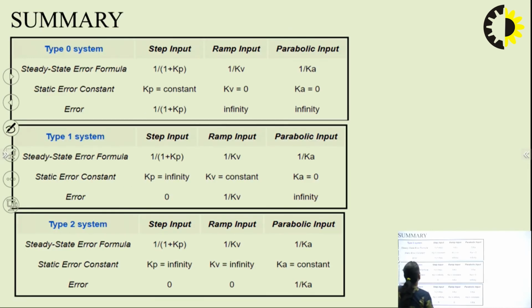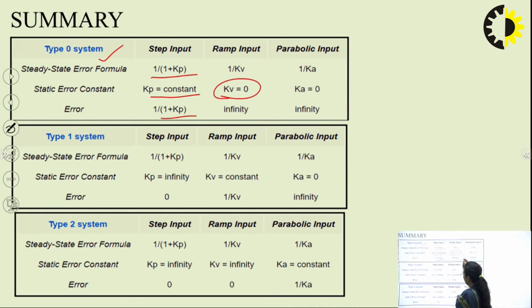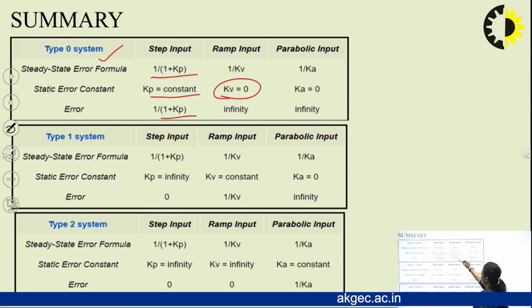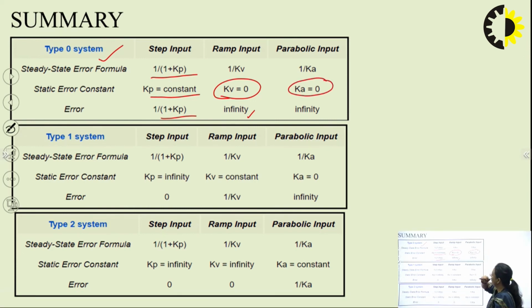So this is the summary for different types of inputs and for the different types of systems. For type 0 system, when a step input is applied, the steady state error formula is 1 upon 1 plus Kp. So the static error coefficient will come out to be some constant, and the error will be 1 upon 1 plus Kp. But if a ramp input is applied for type 0 system, then the velocity error coefficient will become 0 and the steady state error will be infinite in that case. And for parabolic input, the acceleration error coefficient will again become 0 and the steady state error will become